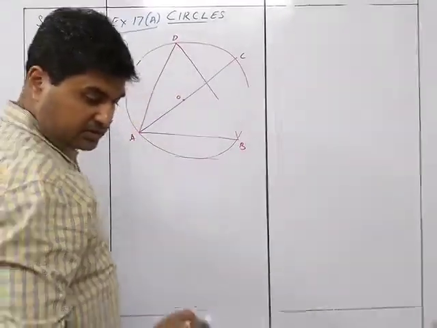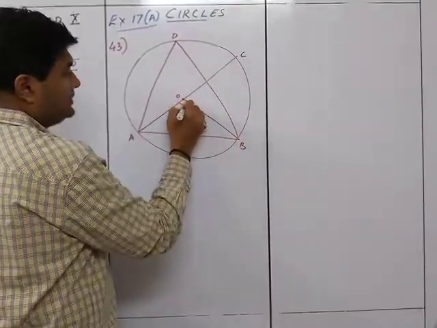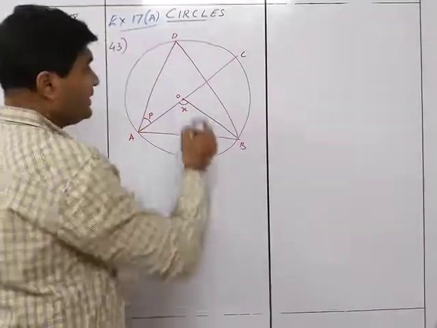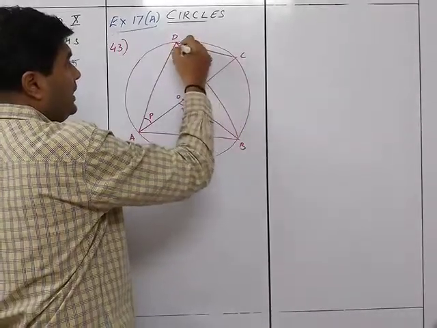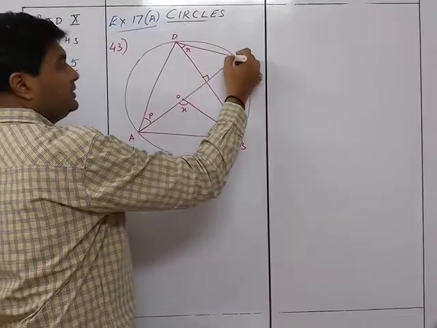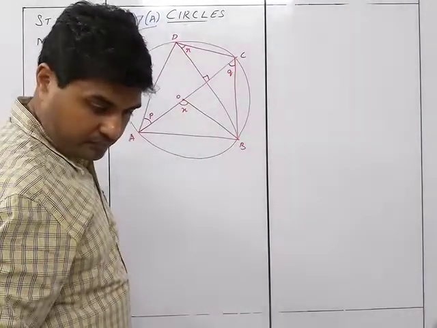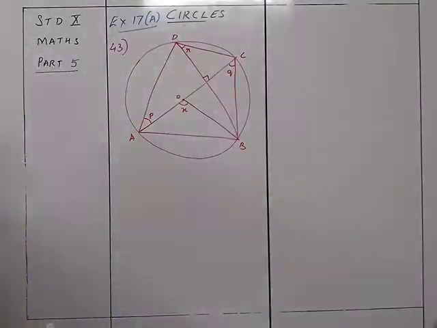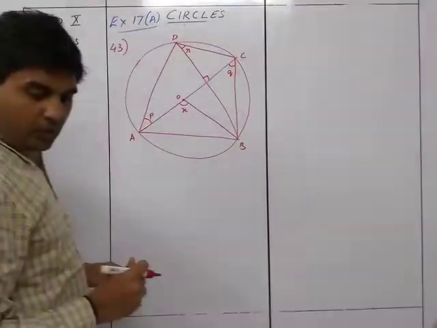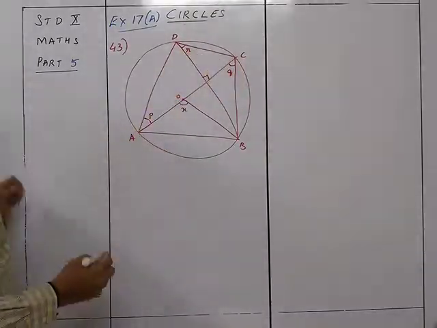ABD triangle. This is X and this is X. They're given this as P. They're given this as R and 90 degrees. This is Q. You have to find out PQR in terms of X. Okay, let's see.